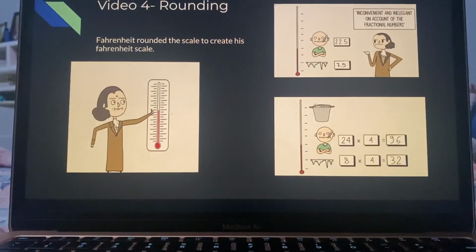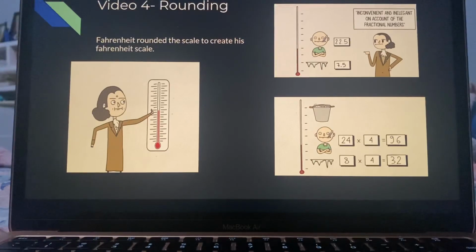Alright, last but not least, video number 4. For this video, we learned about David Fahrenheit, the creator of the Fahrenheit scale. So David Fahrenheit actually met up with Romer, an astronomer, and he ended up getting that scale from him at first, but Romer had it set to where 7.5 would be the freezing point and 22.5 would be a regular person's body temperature. Fahrenheit didn't really like this, so he ended up changing it a little bit, and he ended